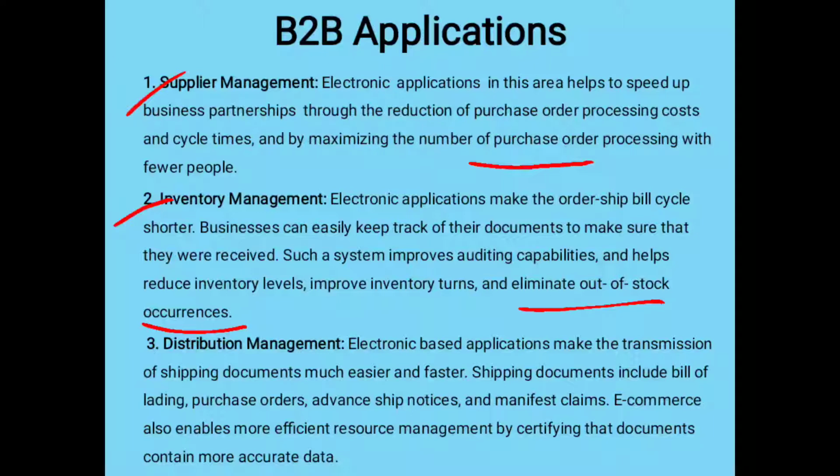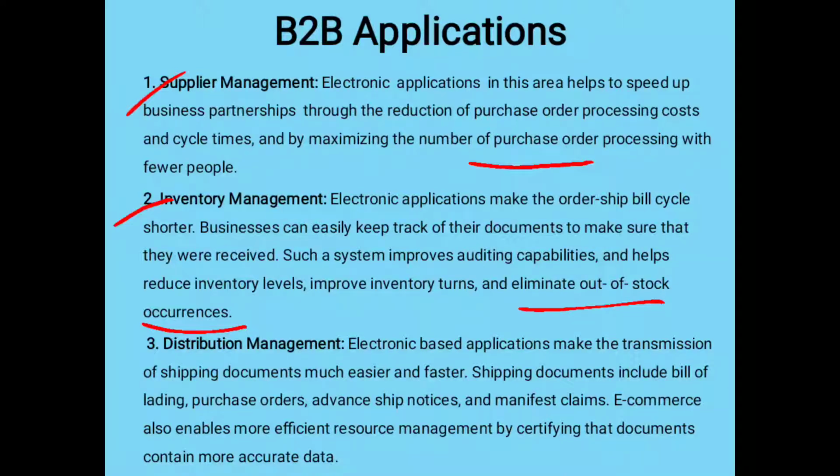So the company will never run short of stock, because the other company keeps track. I will give you one example: take a medical shop. The medical shop has an app where all its medicines in stock are kept in detail, and whenever one is sold the number is reduced. The supplier to that medical shop always keeps track on that website, sees which medicines are getting emptied, and supplies them in advance. That is inventory management.